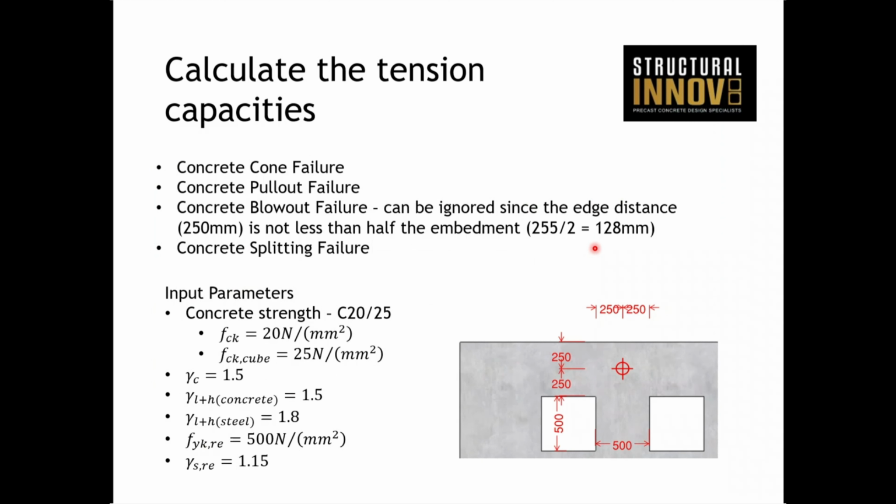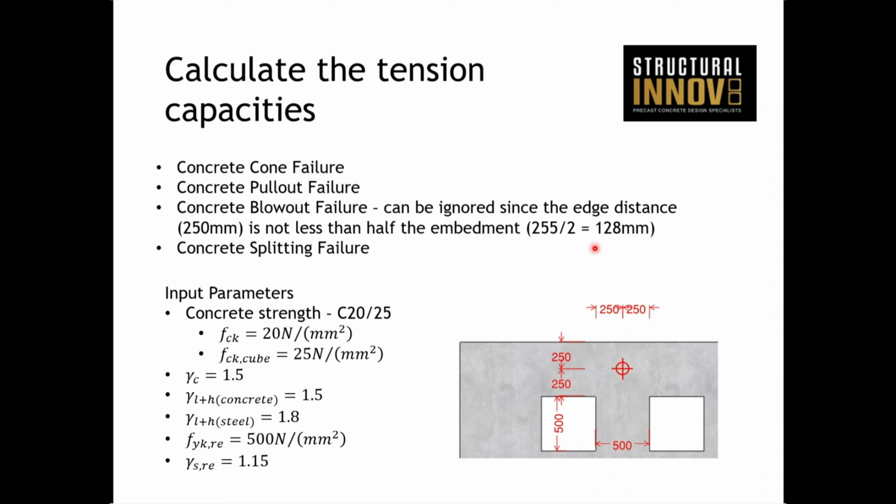So when we look at the tension capacity, we need to consider concrete cone failure, concrete pull-out failure, concrete blowout failure, and concrete splitting failure. So we're not covering the steel checks here. We've covered them previously and shown that your typical brochure values are satisfactory in terms of bringing it